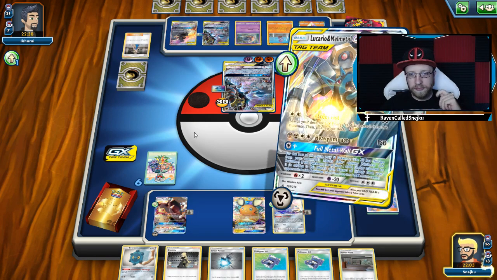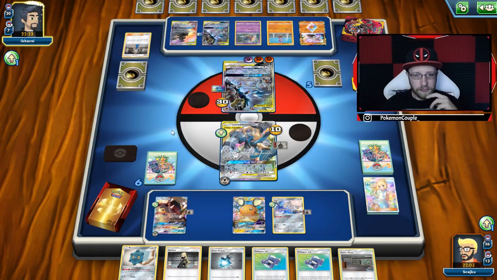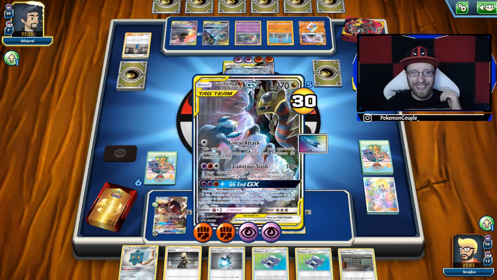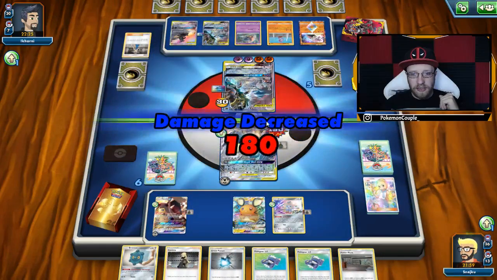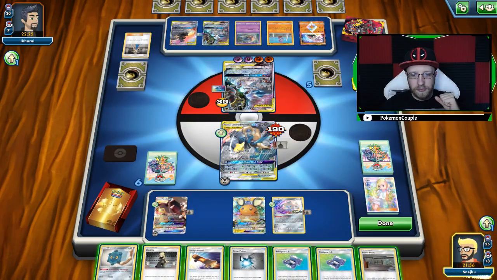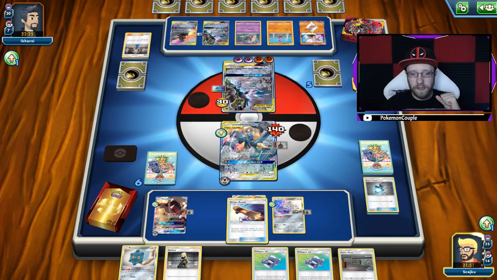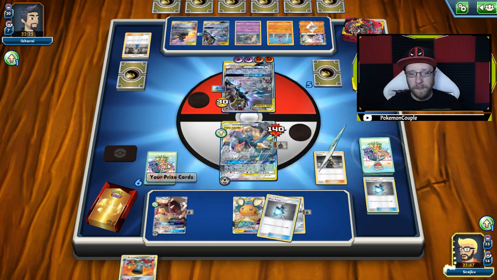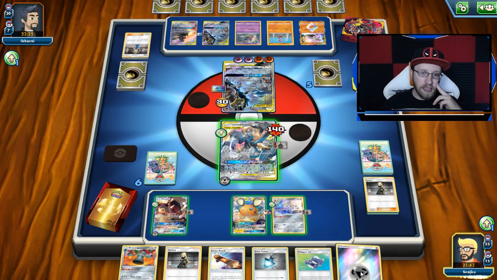Full Metal Wall GX. So next turn, Great Potion, Cynthia, and we're gonna search for energy. Of course he is going for that GG End, right? Like he is hunting that GG End that I really have to be careful of. Right, I really have to be careful with that GG End being still a huge threat to me. Cynthia. Okay, I've got... Well, I mean, I've got the energy, but...